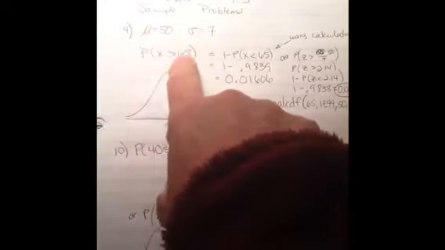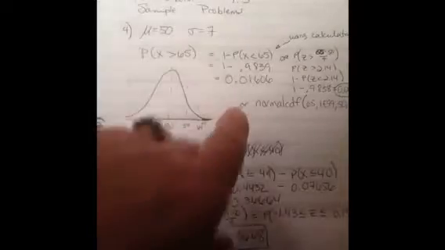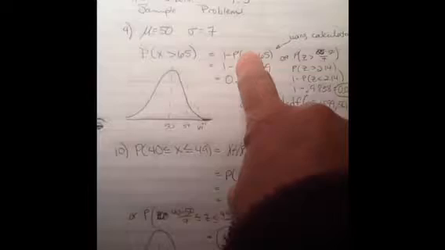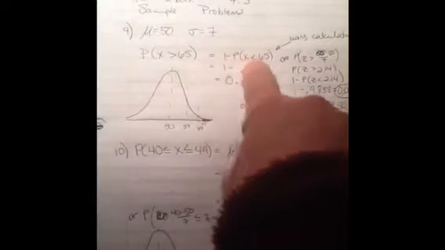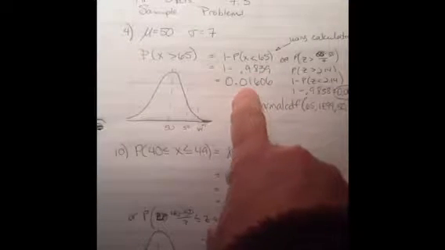Okay, in 7.3, we're looking at applications of normal distributions. Number 4 basically was having us find the probability that some random variable is bigger than 65, given that the mean was 50 and the standard deviation is 7. If you're using your calculator or the charts, you'd always have to go to the left: 1 minus the area to the left, and this number would be found on the charts, and you would get